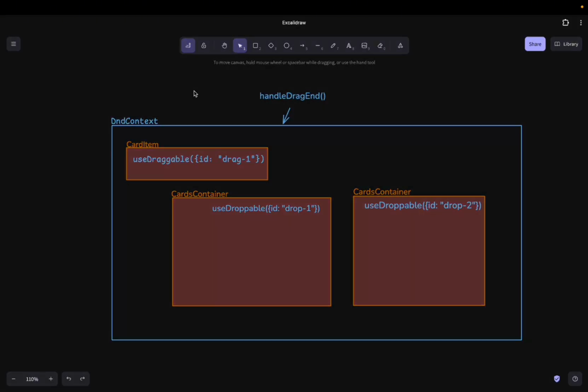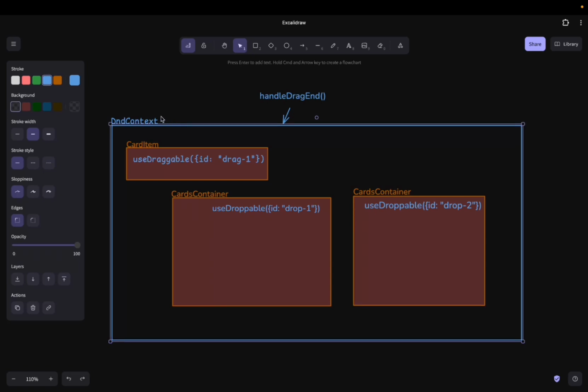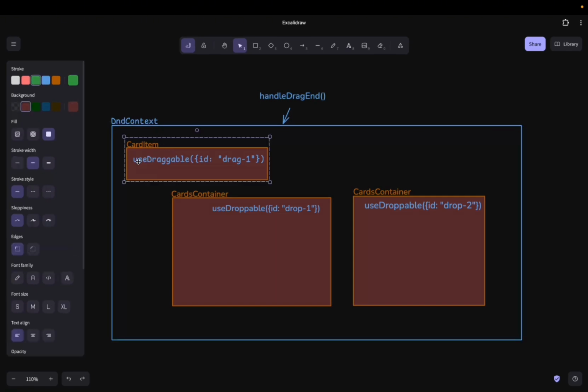Let's take a quick look at how dnd-kit is structured. dnd-kit is built on top of the React Context API. All we need to do is wrap our app inside a DndContext and use the hooks the library provides. If we want an item to be draggable, we use the useDraggable hook. If we want an item to become a droppable area, we use the useDroppable hook. Here's an important note. When calling these hooks, we must pass a unique ID, so dnd-kit can tell different items and containers apart. Each hook returns an object with all the information we need